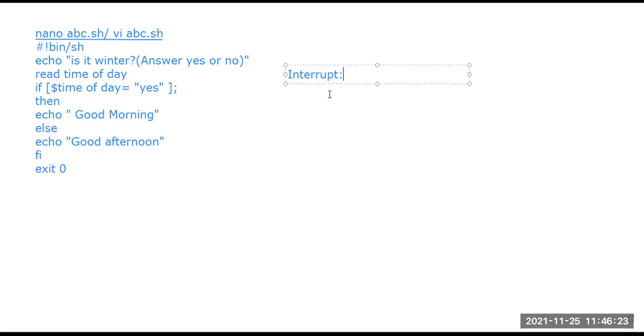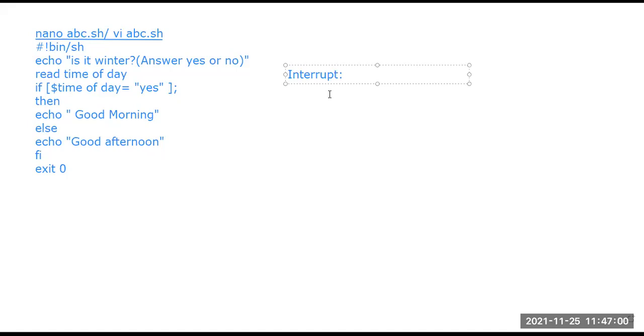Now, what happens when this interrupt signal occurs? The execution is stopped for that particular time, and whatever part of the task is done up to that point, the process will be stored and saved. So when an interrupt is going on, the process up to how much work has been done will be saved, so that when the interrupt signal's process is done, execution resumes from where it was left.